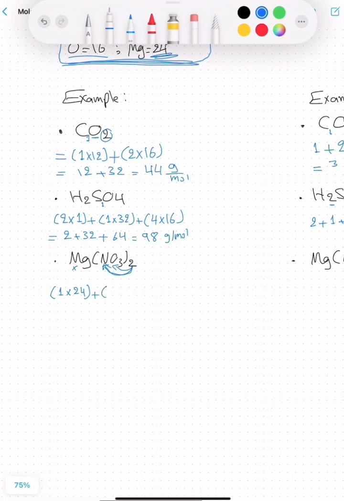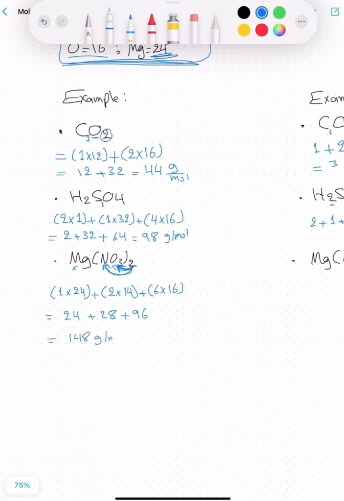So how many nitrogens do we have? 2 nitrogens. How much is nitrogen? The question should give it to you, which is 14. Plus 2 times 3, 6. So we have 6 oxygens. How much is oxygen? 16. So we have 24 plus 28 plus 96, which is equal to